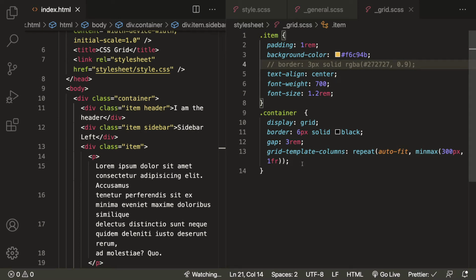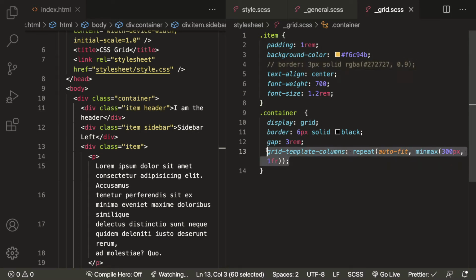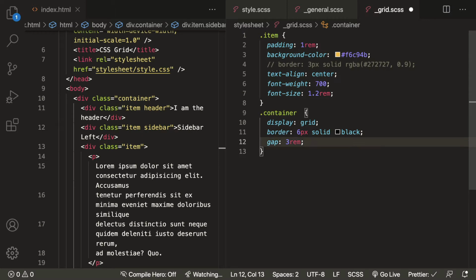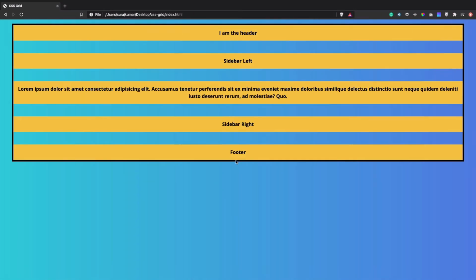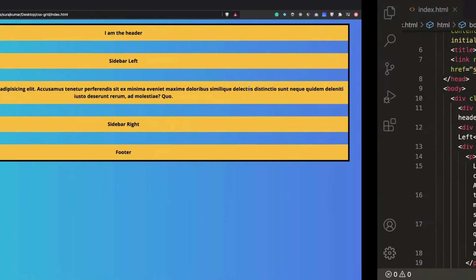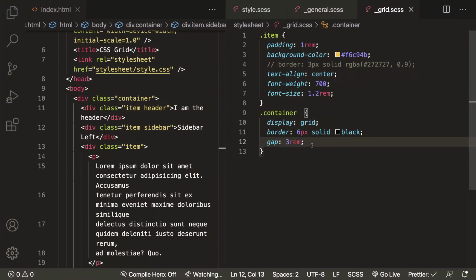display grid. Now first of all, let's get rid of these grid template columns. Let's have a look how it actually looks. Okay, so here we have our defined number of items. Now we are going to discuss grid template areas and grid area actually. So first of all, let's see how we actually define grid template areas. Before that, we will create a few columns. Maybe let's say we need a 3 column layout.